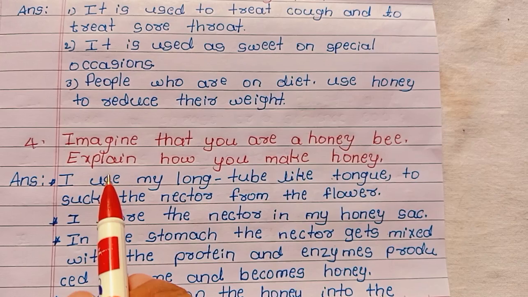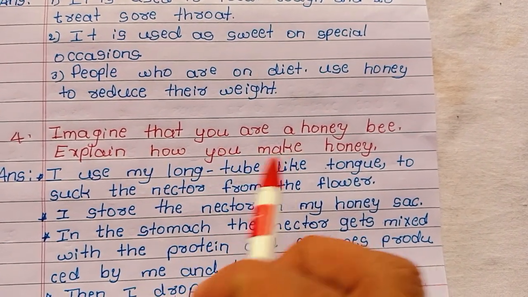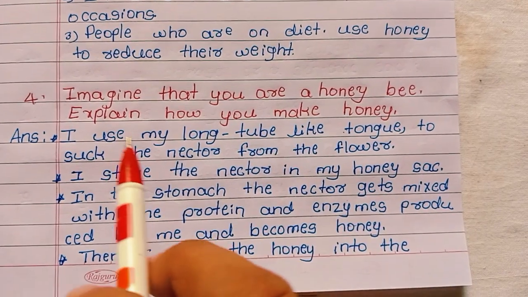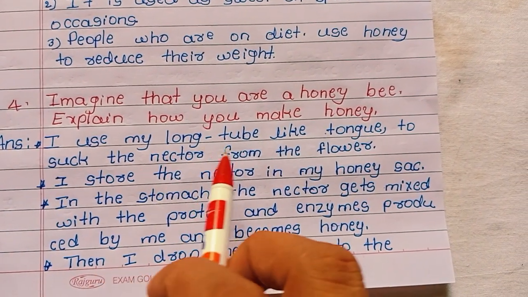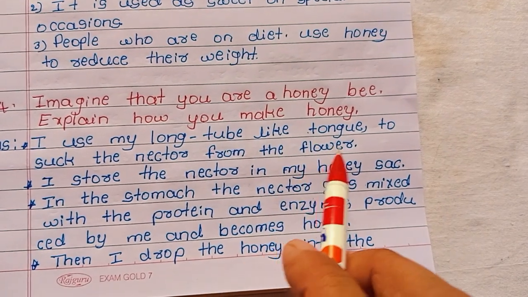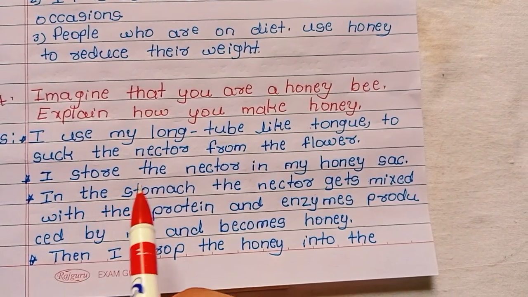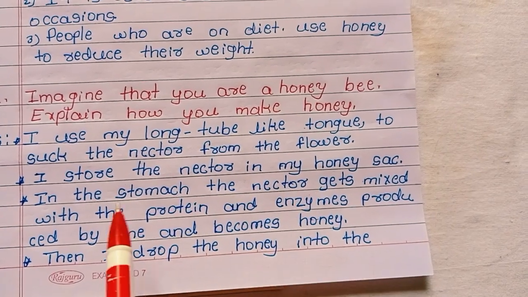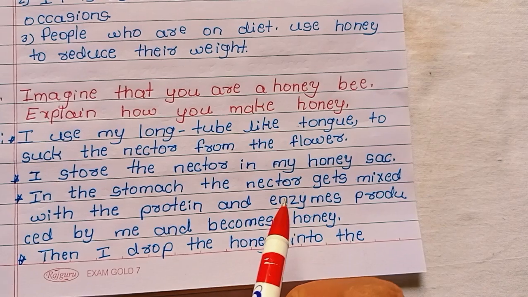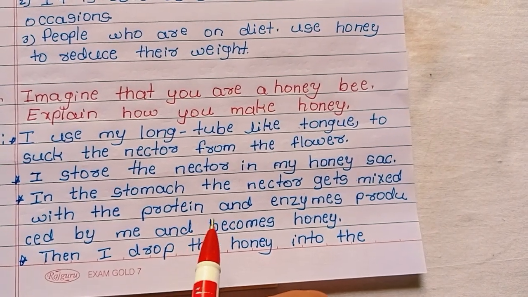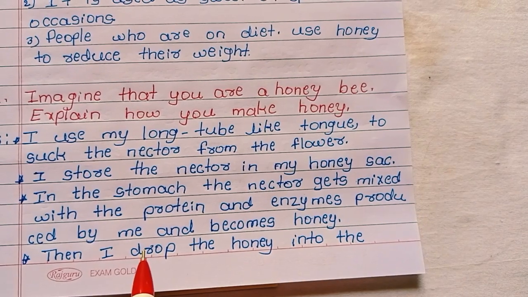And fourth question: imagine that you are a honeybee. Explain how you make honey. Answer: first step, I use my long tube-like tongue to suck the nectar from the flower. Second, I store the nectar in my honey sac. Third, in the stomach the nectar gets mixed with the protein and enzymes produced by me and becomes